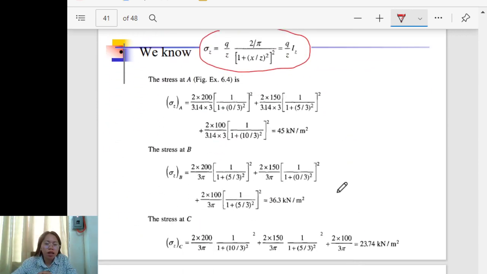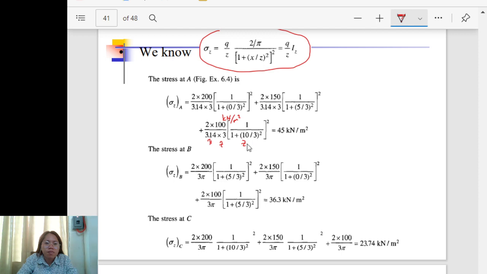Combined is what is asked. Plus the effect of the third footing on the first footing, 2 times 100, no? This is in kilonewton per square meter as given in the problem, over pi times z times the quantity 1 over, using this formula, 1 plus 10. This is z over